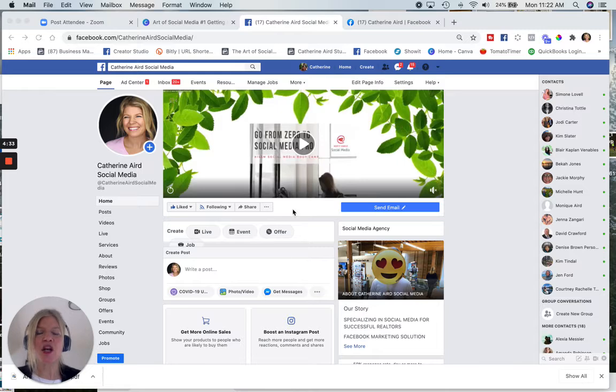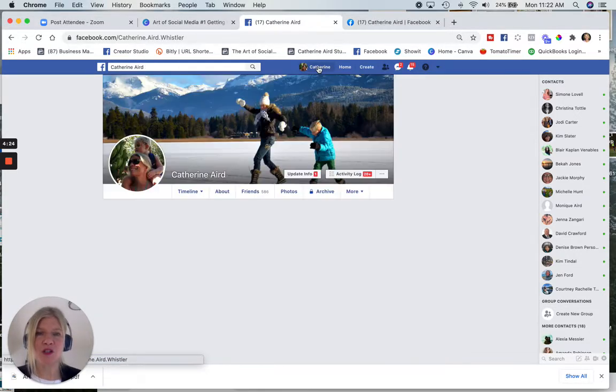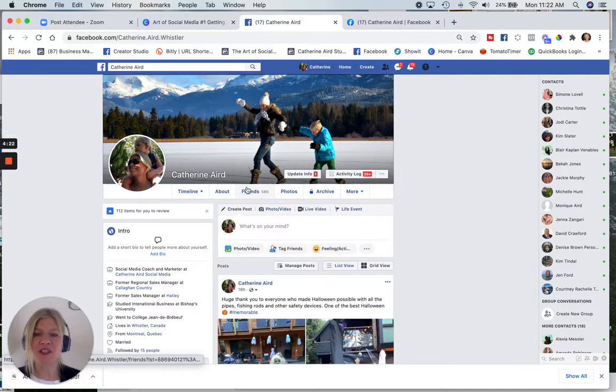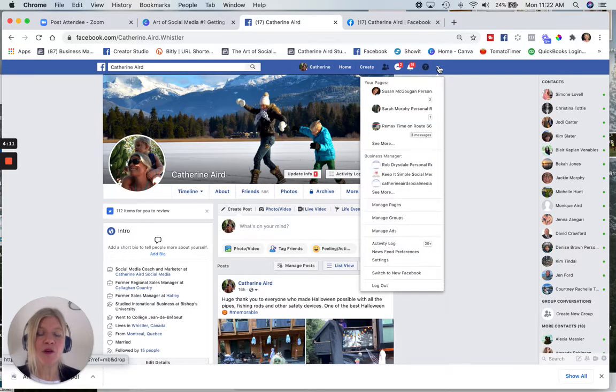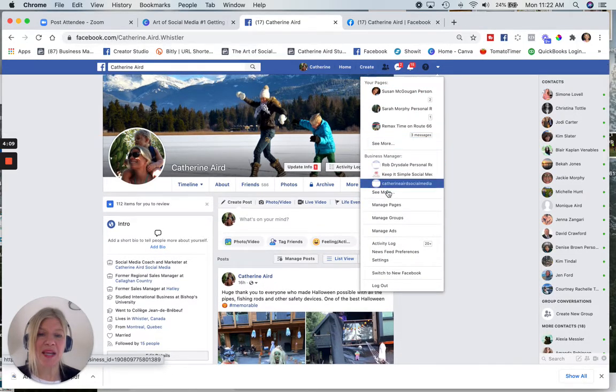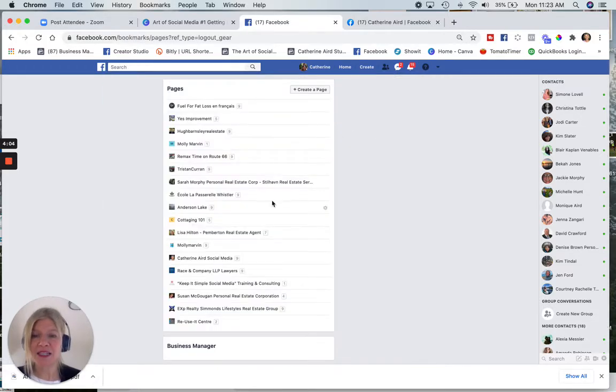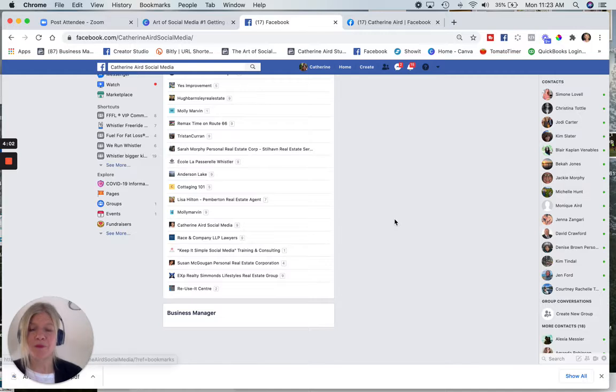So, this is what our old look, which they call the Facebook classic look, used to look like. On the top here, I have my personal account. I know it's my personal account because it's talking about my friends. Back in the day, with the Facebook classic look, you have to touch this top down faded arrow in order to find your page. I manage a lot of pages, so I have to click see more and actually find my page,